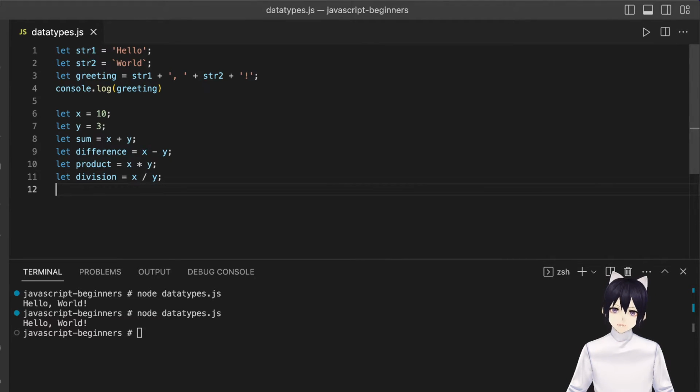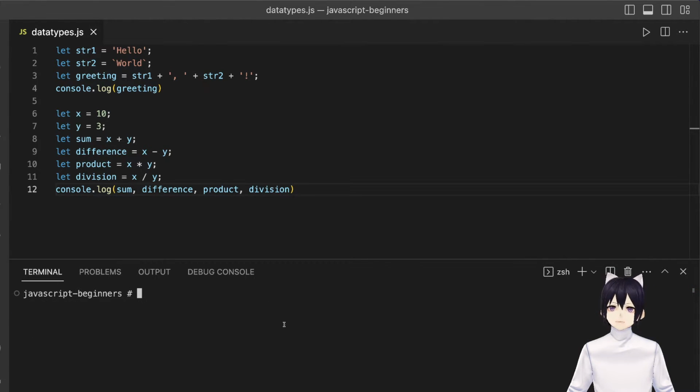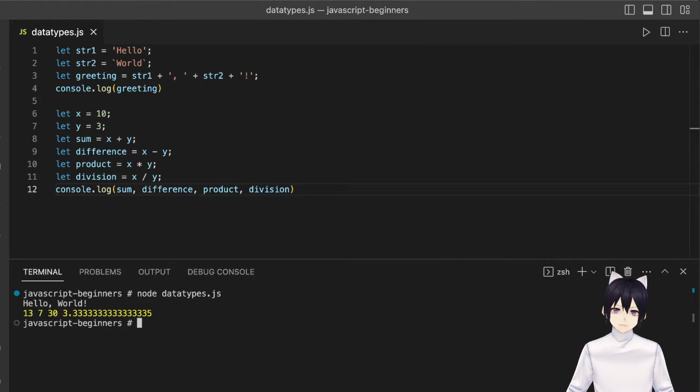We can console log all these numbers by doing console.log, and then we can do sum, comma, difference, comma, product, comma, division. Console log is a way for us to log something to the console so we can see what's happening. And we can pass in one variable or multiple variables, and it will console log them all at the same time. In our case, we have 13, 7, 30, and